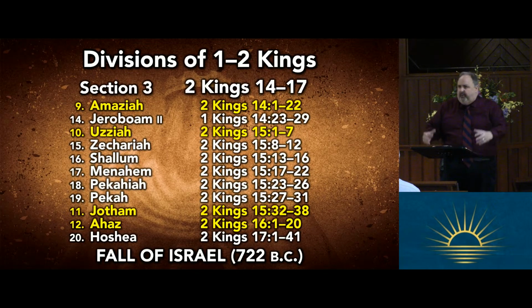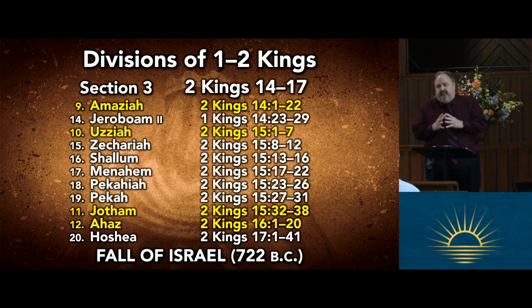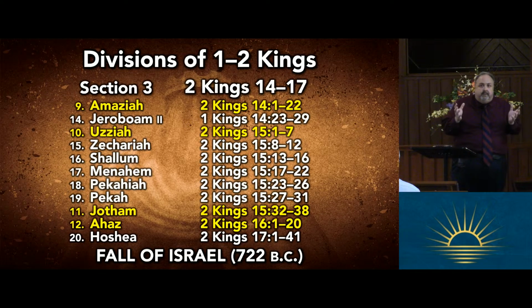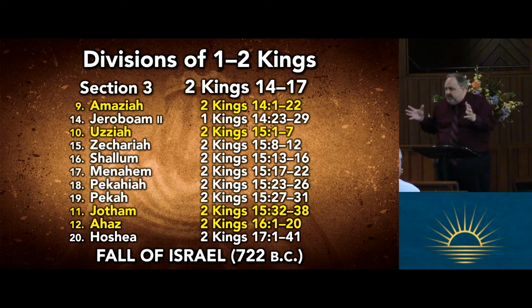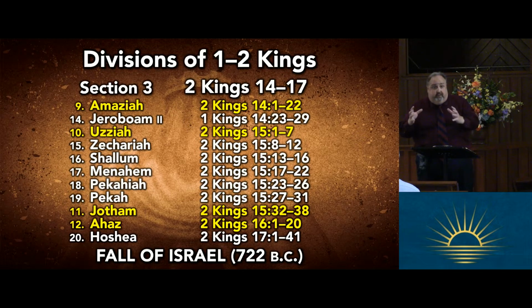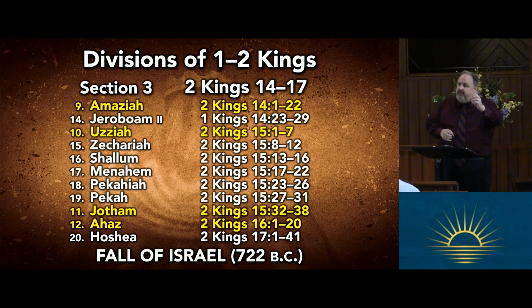You see all the interspersing going on. And the third major section of Kings ends with the fall of Israel. So we're not really talking about these kings. I'm just showing you the structure. And the book, the big picture, it does talk about the structure. And it would be good to just read these various sections one at a time and see how they all go together, those sections, and talk about these various kings.